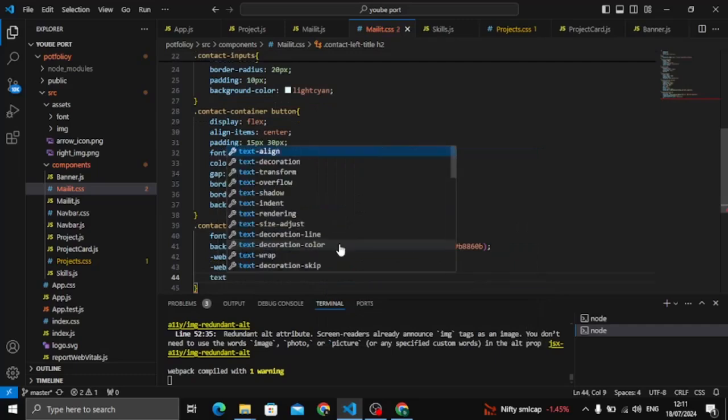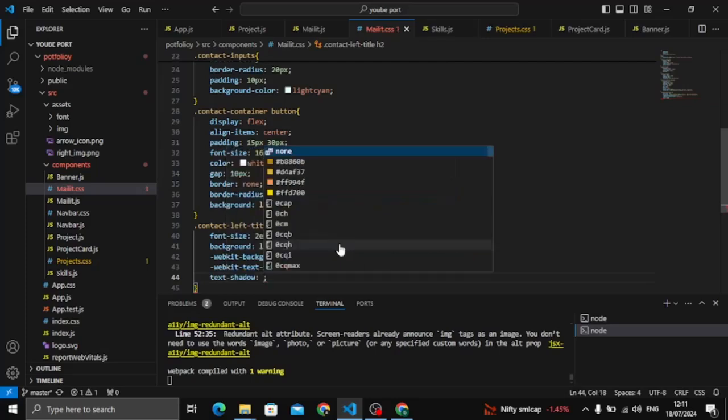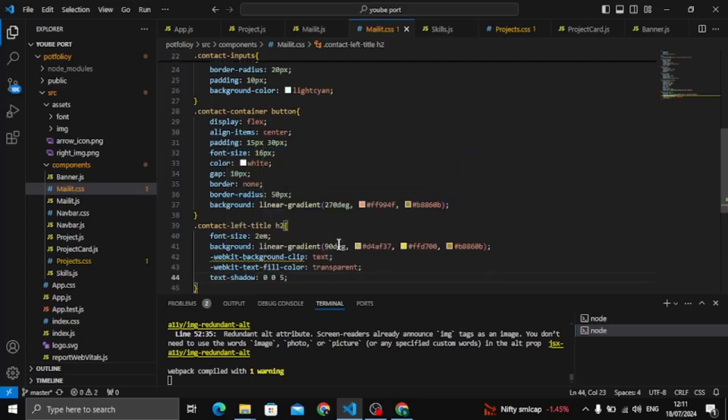And then we got to give a text-shadow of 0 0 5 pixels, and then a color code of RGBA values, which will be 255 and 215, then 0, 0.5, and then we got to give it one more, 0 0 10 pixels, and then RGBA of 255, then 223, and we got to give it a blue. No,